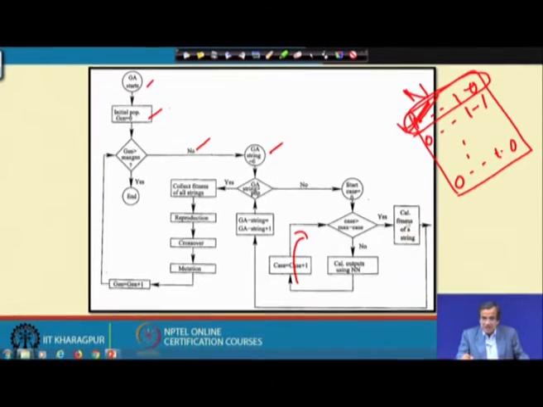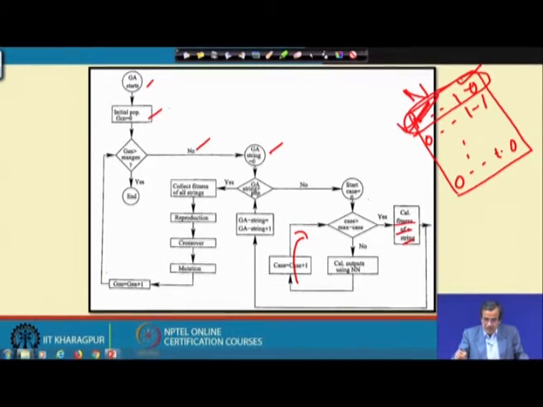For the time being, let me assume that the fitness of the G string is the mean squared error in prediction. Once you have got the fitness of a particular G string, it is known.